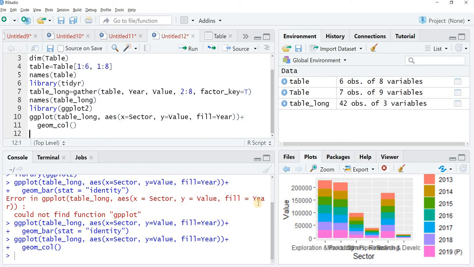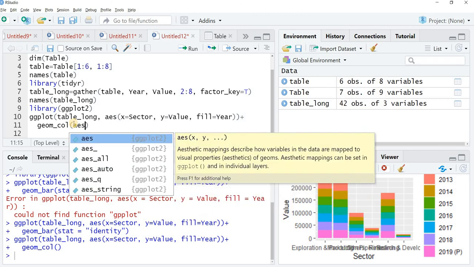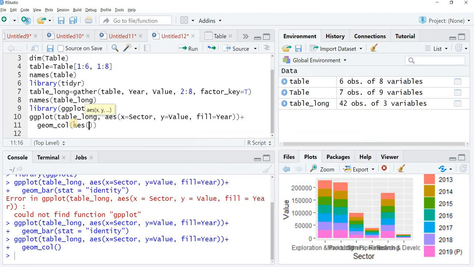Now, the other objective is for me to arrange these bars in an ascending or descending manner. How do I do that? You can use a basic function within this geom call, aes, that is aesthetics. You have a cool function called reorder. I want to now reorder.